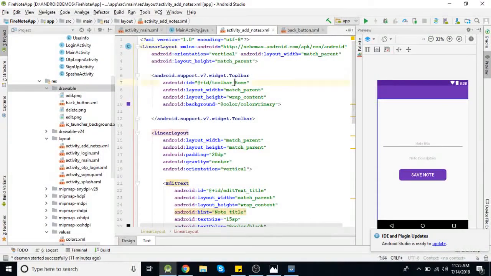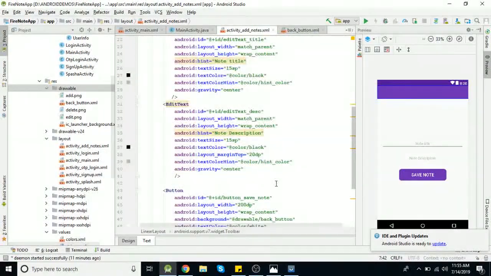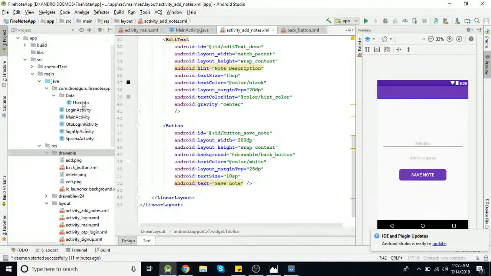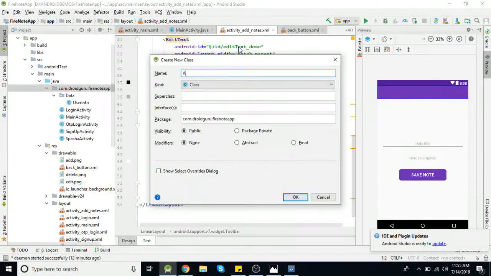Let's change this ID to toolbar underscore add note. So this is our add note screen is ready. Now we need to create a Java file for this same. Java class will be add notes activity.